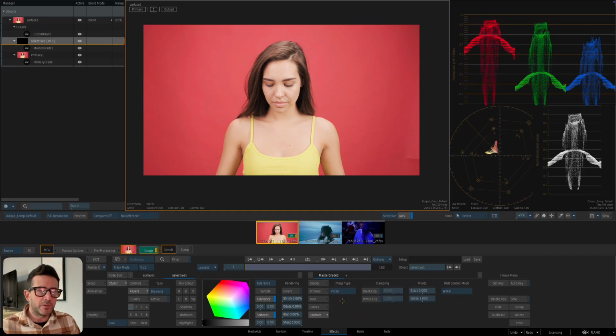I've set the controls to lift, gamma, gain, which is the most familiar for most people anyway. Lift being the shadows, gamma being the midtones, and gain being the highlights. So we're on a video type. If I was in ACES or log, I would switch to those controls to give me